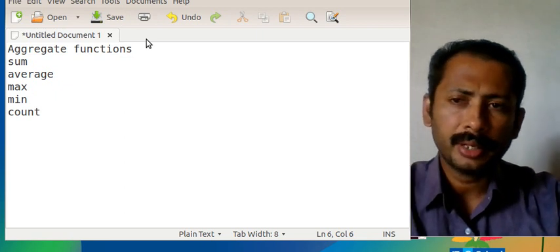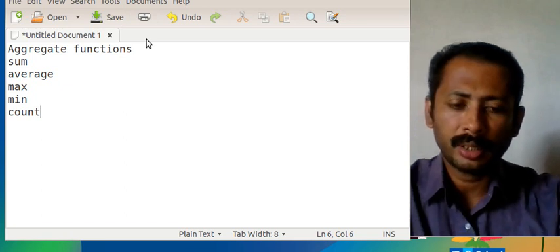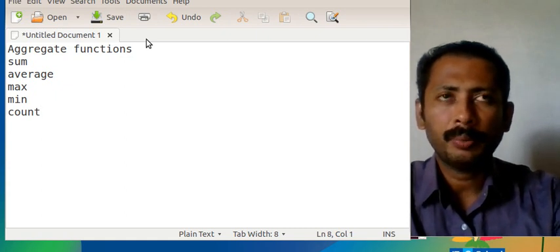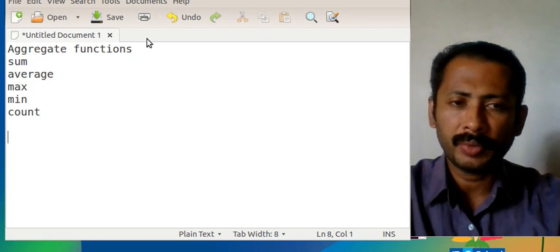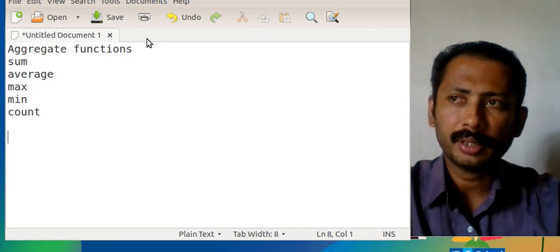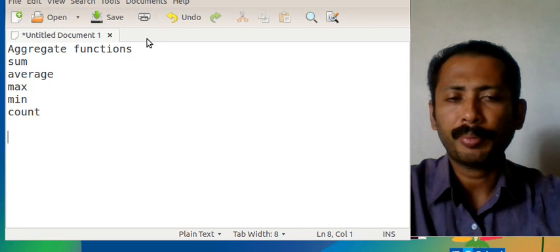As the name indicates, it retrieves the values as indicated. Sum means we will be getting the sum of the values which are entered in different rows. Sum of marks means in the marks field we can get the sum of marks.